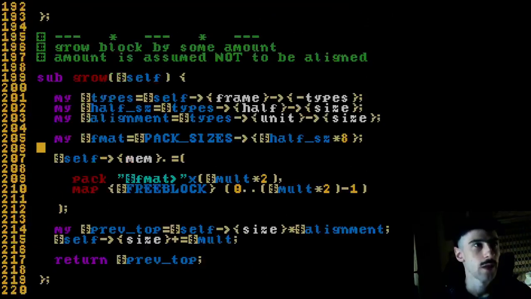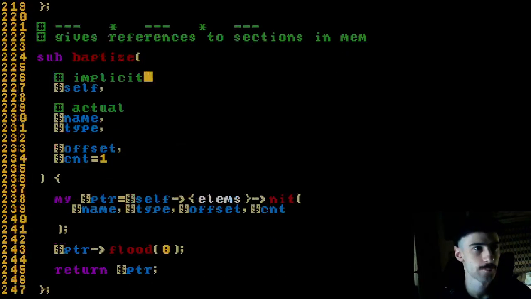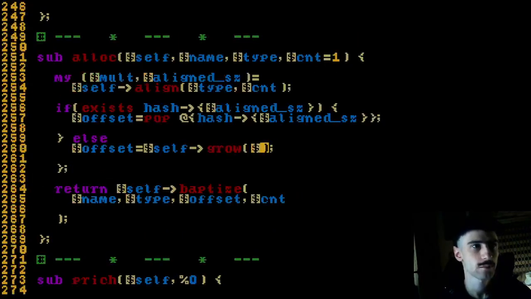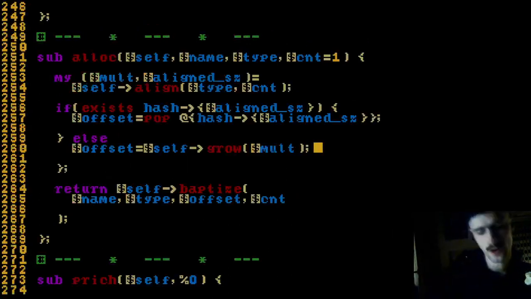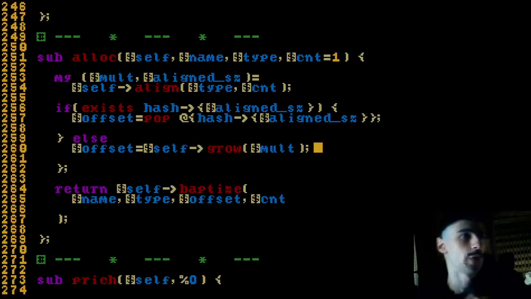Okay, and in order to grow, let me see, I have to pass it the mold. So right, and there we go. Okay, so now that's a whole lot better. That's a whole lot better. So what we have to do